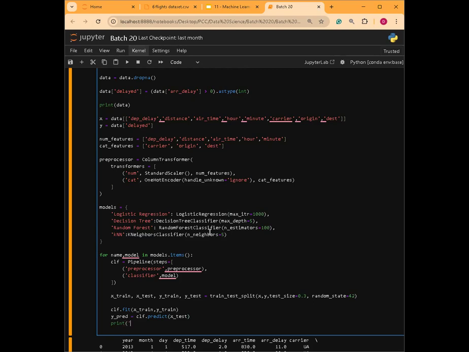Then we can print out, let's see, put the backslash n here, name, and then results,